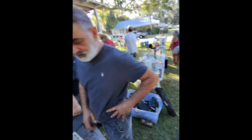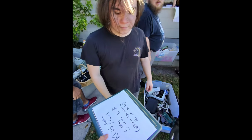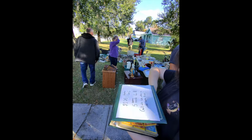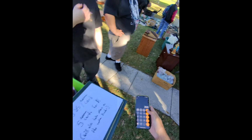I'm taking it. Oh, you're taking it? Yeah. Alrighty. What do you want for the whole binder? Whole binder? So I know you have $5 per dollar. They haven't even sold anything out of it yet. $150? Let me see. So this is 5 for a dollar. See how many you got in there. I think about half those pockets have at least a couple cards. Yeah. 200 divided by